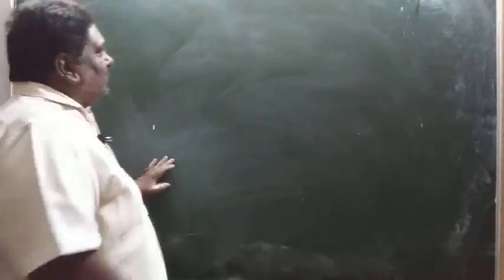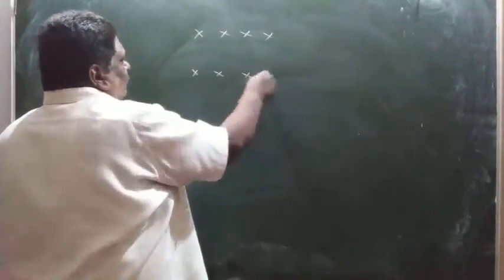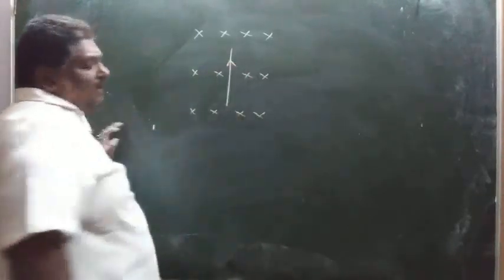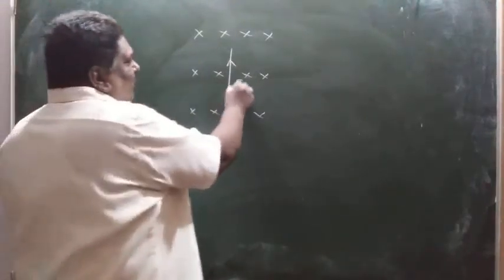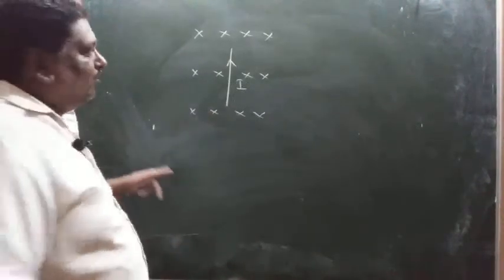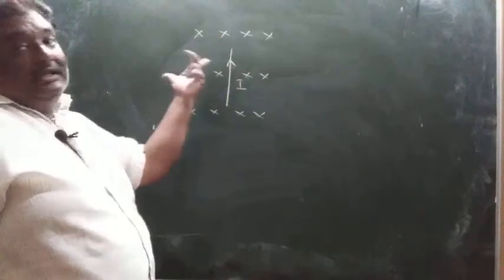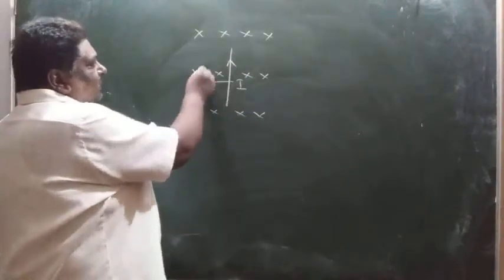Okay, so here, already one magnetic field is present. Here one straight conductor is placed. Then it carries some current I. Immediately it experiences force according to Fleming's left hand rule. So magnetic field is like this, current is upward. In the thumb direction, what is the thumb direction? This direction. It experiences force.